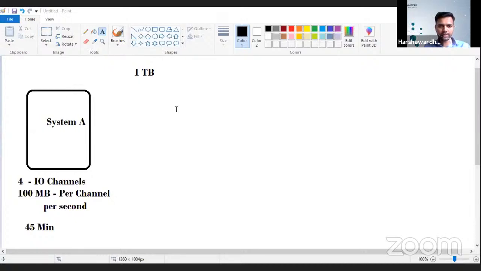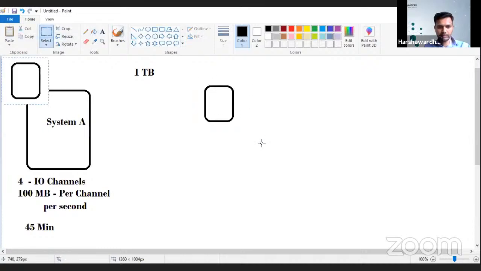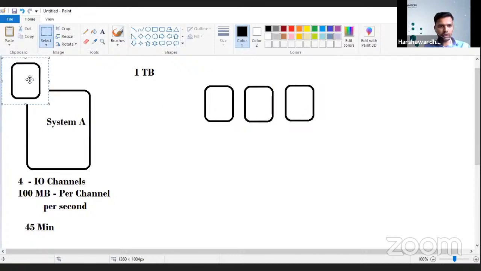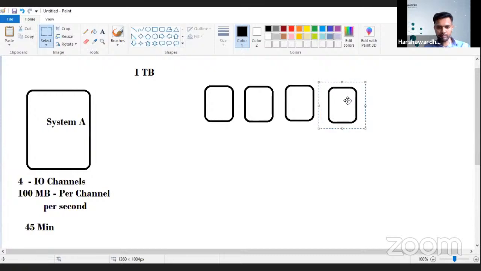Now let's go to the right hand side of this. Let's say now we have multiple systems. We have 2, 3, 4, and then 5.